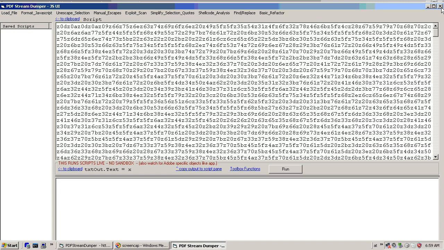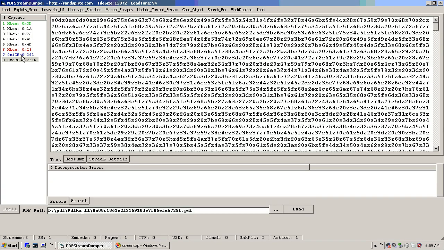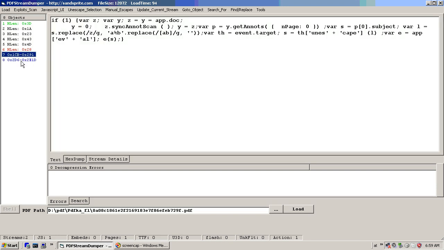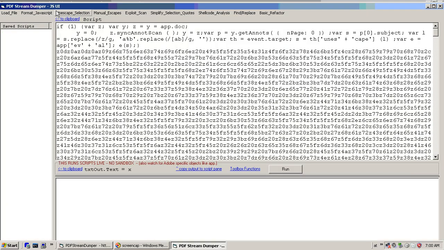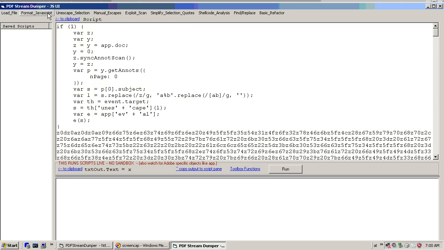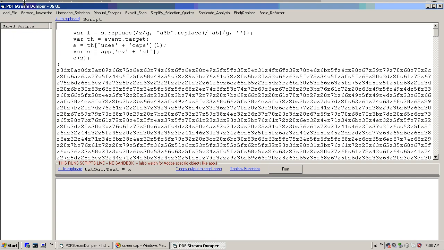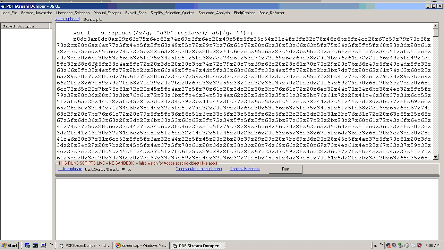Now, one other new feature in this new version is if we select multiple streams and then hit the JavaScript interface, all of it gets carried over, and then we can format the JavaScript. And then in this scenario, if we wanted to do it this way, what we could do is something like,